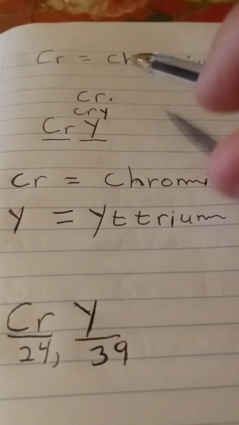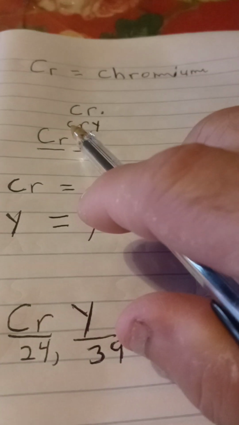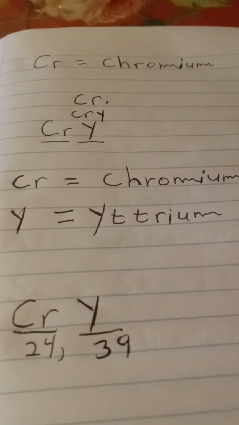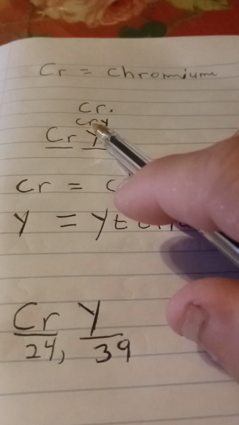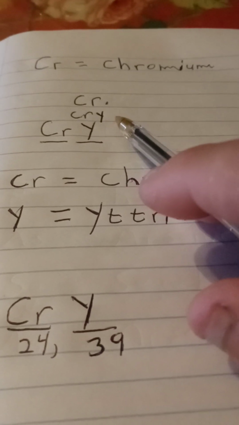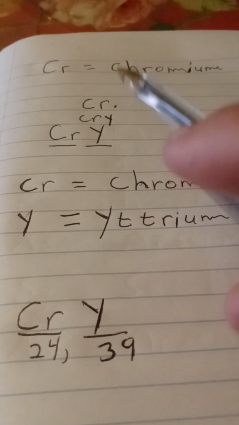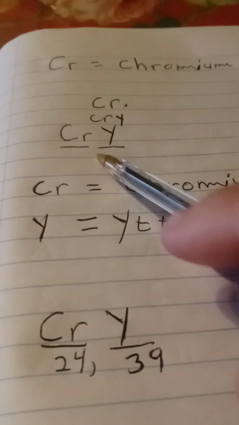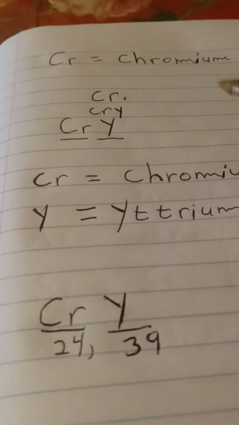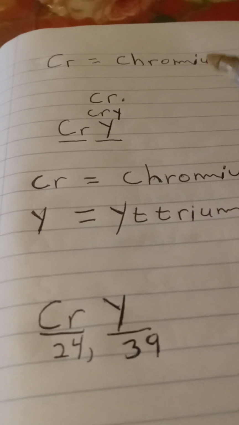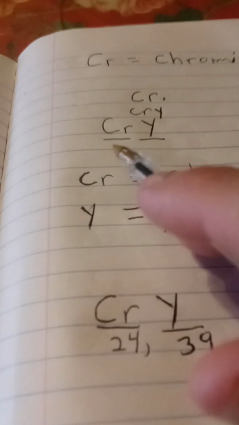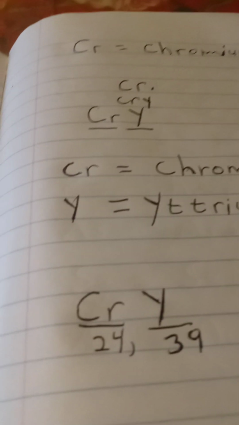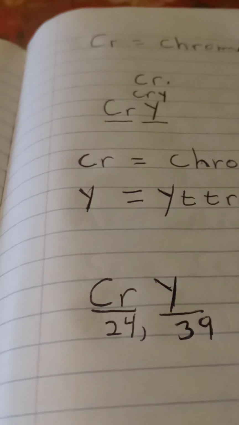A good word for that would be CrY. C-R-Y. CrY. When you're crying because you're sad or happy, whatever, you cry. But we have to put it in the periodic table format that we will see in the periodic table of elements. So how can we take CrY and put it in that form? Well, you have capital C and a small r, and you have capital Y. That's how you will see it in the